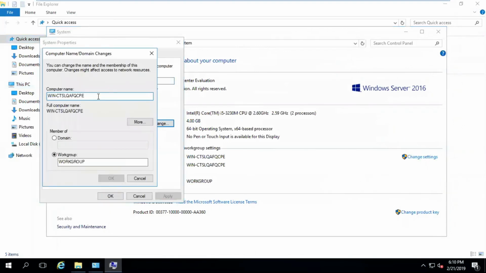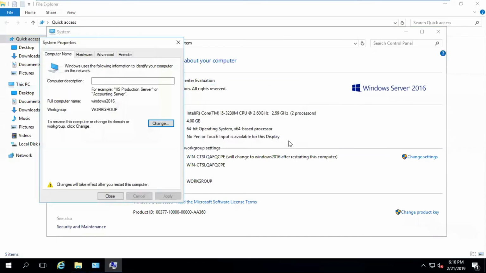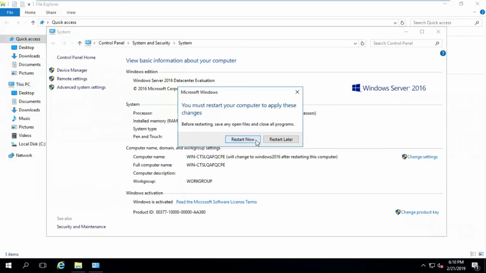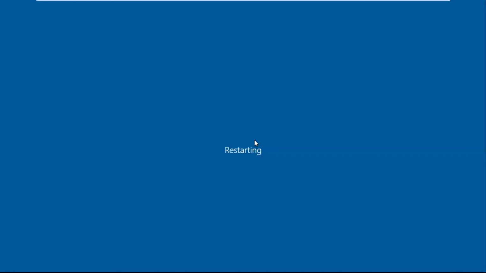Change this computer name. Windows Server 2016 or whatever you want, you can give it. It will ask for reboot. See, it will ask for reboot. Then, okay, restart now. Like this, you have to change the computer name.